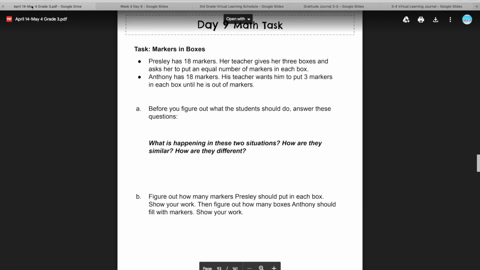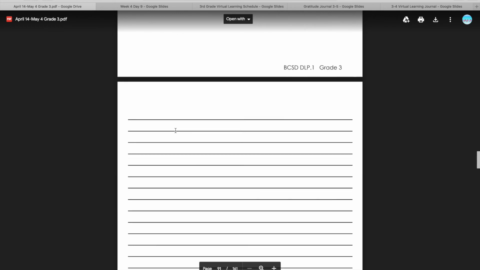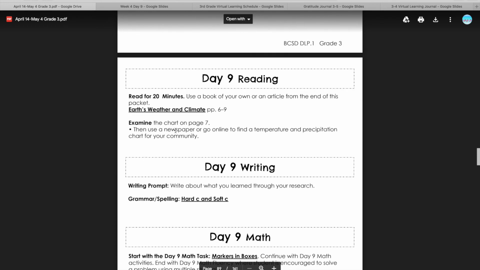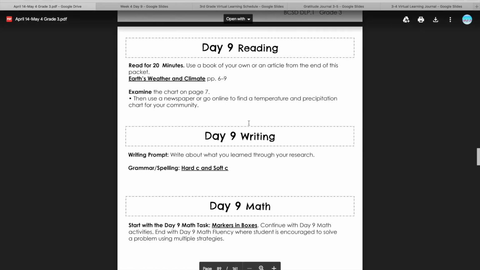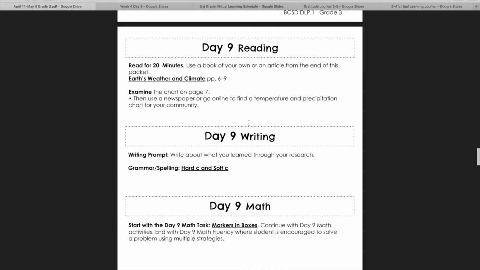Okay, guys, so that is it for math. Let's see what they wanted you to do for reading. Use a newspaper or go online to find a temperature and precipitation chart for your community. So what you guys can put in Google, if you were going to,